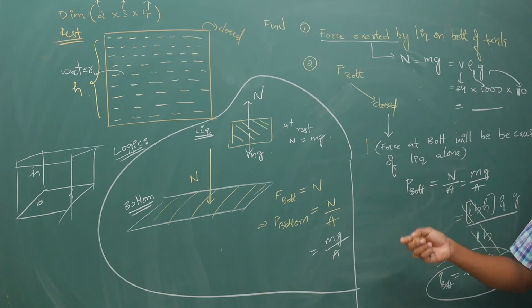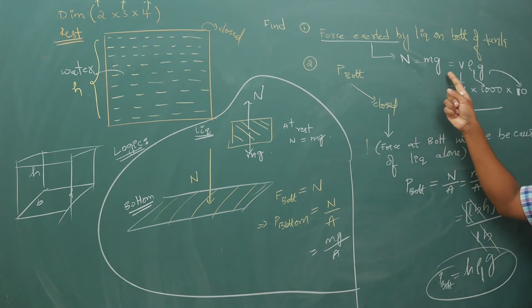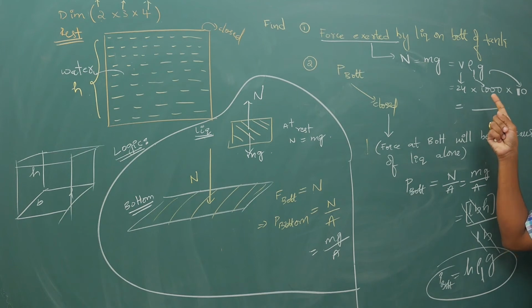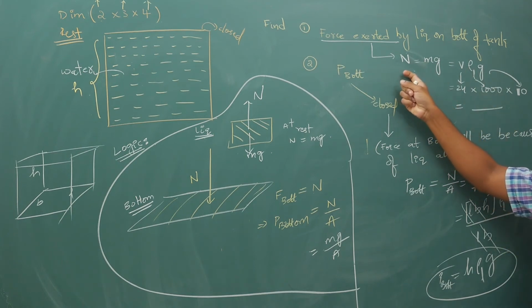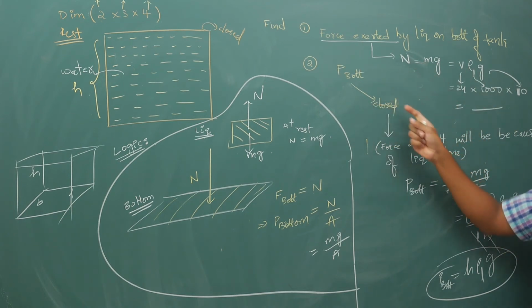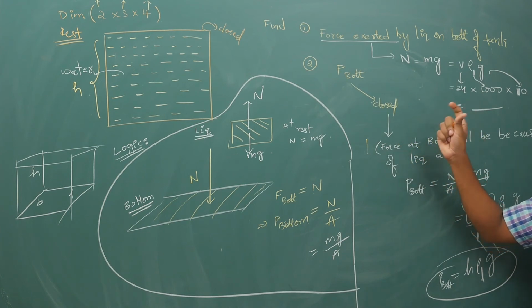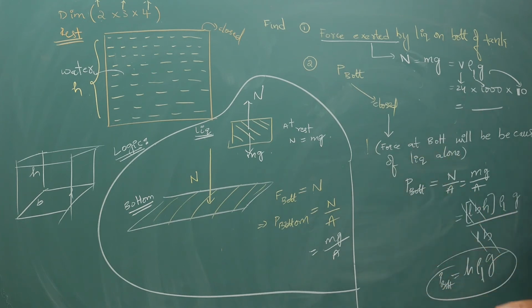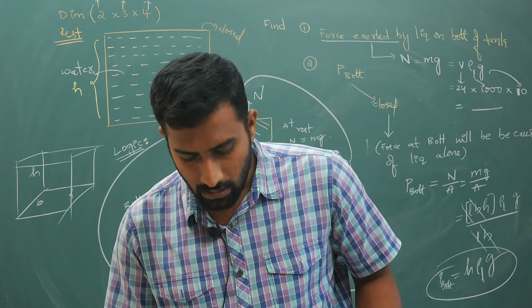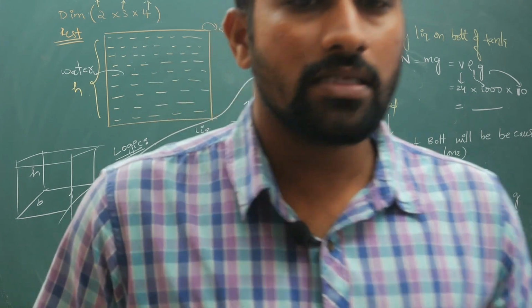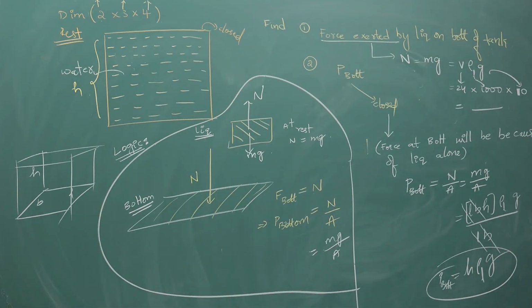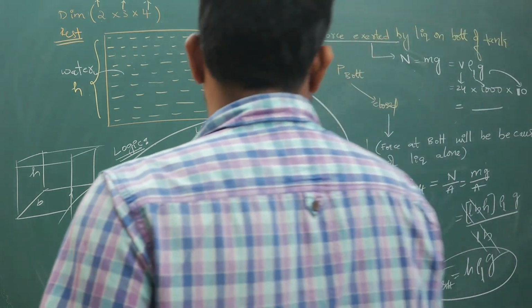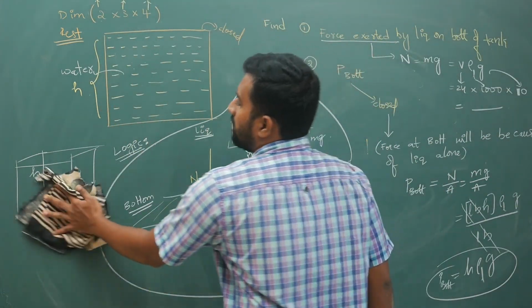If the container is closed, the force is N equal to mg, that is this much. Here N is the key idea that you are supposed to take. Next, for the bottom part, if it is closed, your force is only because of the liquid alone. So because of the liquid alone, your pressure is H into rho into g. Right? Now I will calculate if it is open. If it is open, what is going to be your force is what we are going to calculate now. If it is open, observe very carefully.